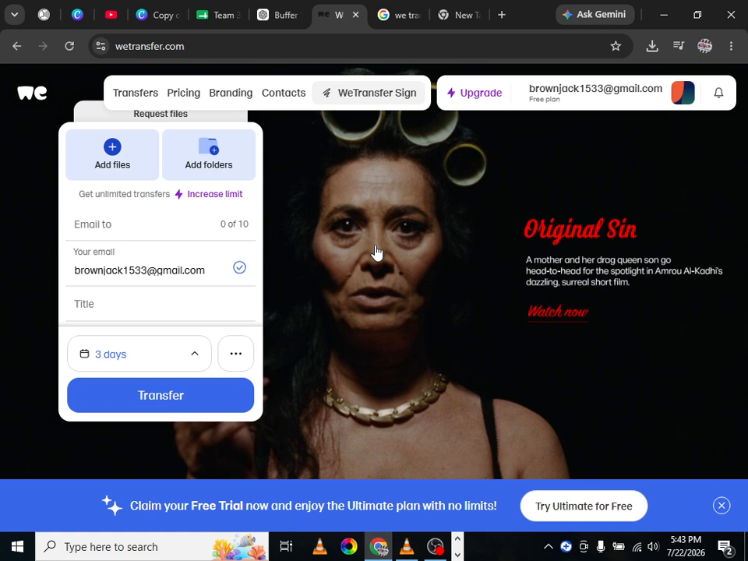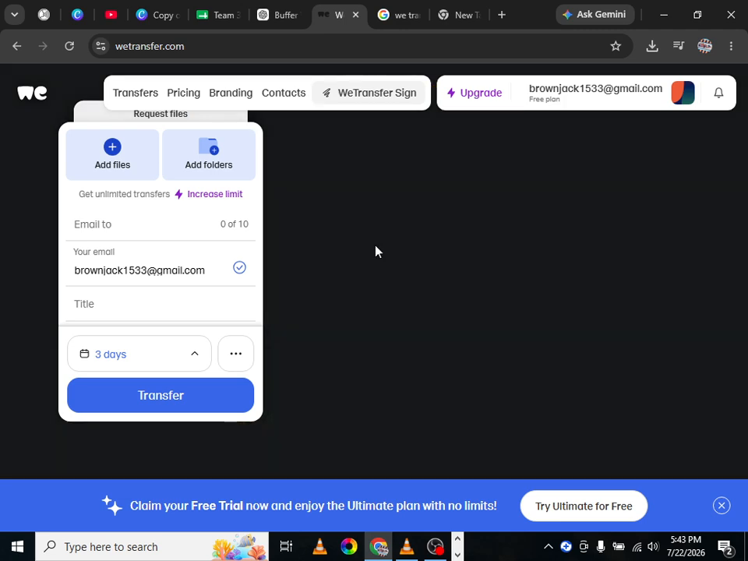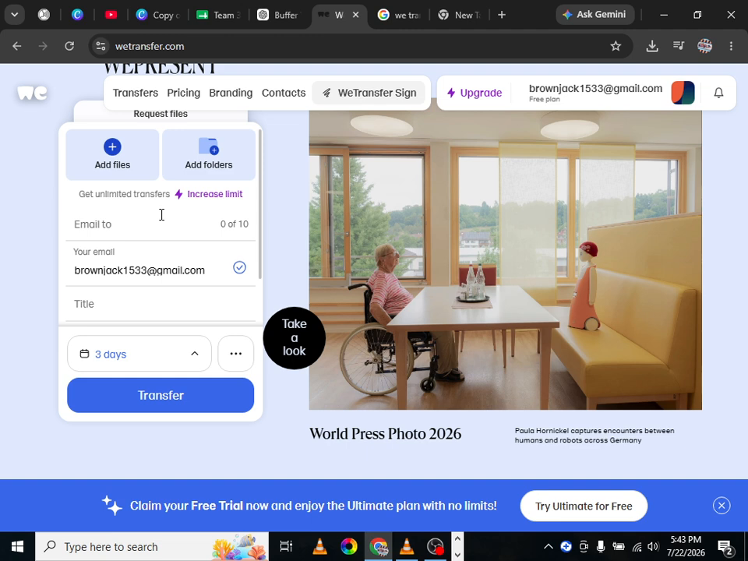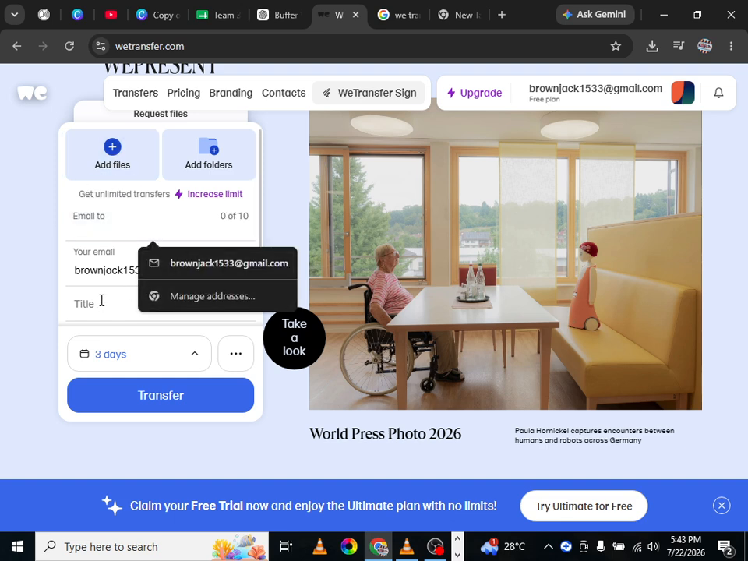Now choose how you want to share your files. You can enter the recipient's email address to send the files directly through WeTransfer, or you can select the option to create a transfer link. A transfer link is useful if you want to share the files through messaging apps, social media, or any other platform. If you're sending by email, enter your email address, add an optional message, and click the transfer